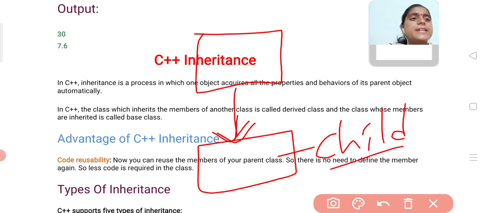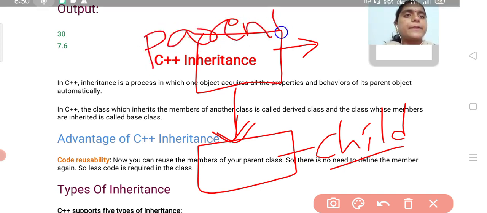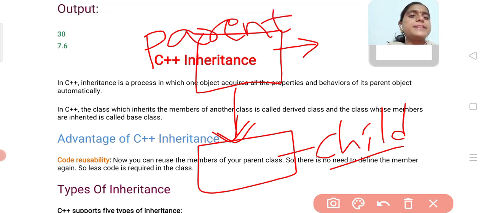The class whose properties are inherited is called the parent class. The class whose properties are inherited is called the parent class, and the class which is inheriting the properties from the parent class is called the child class. And we can also call this parent class the superclass.